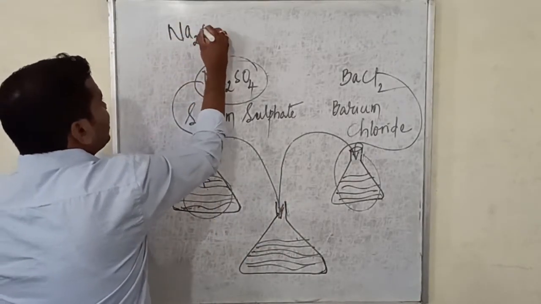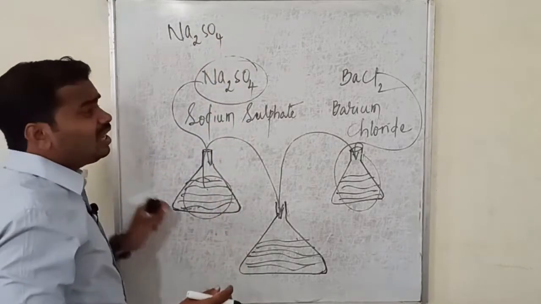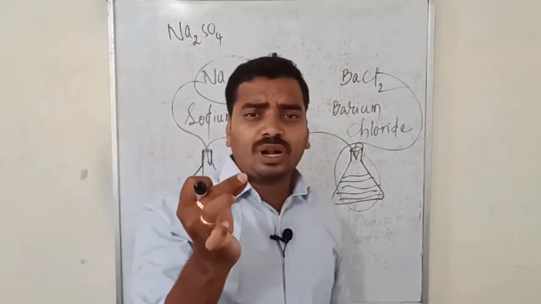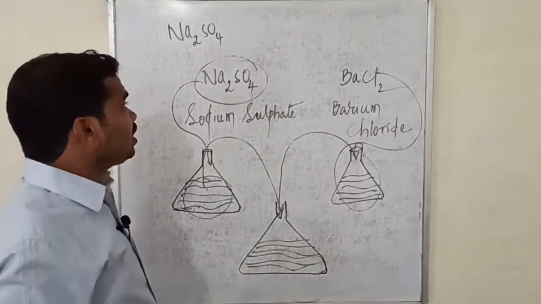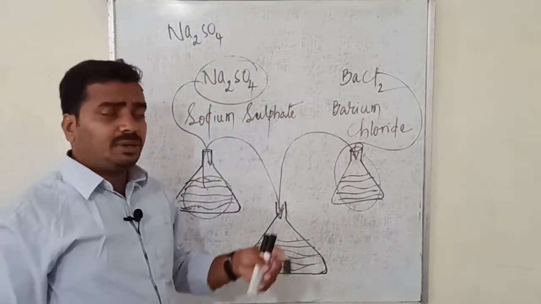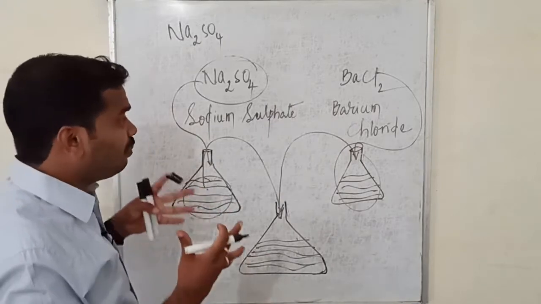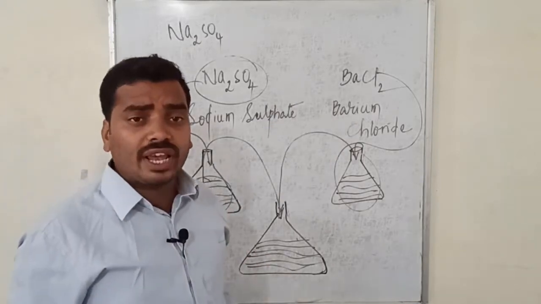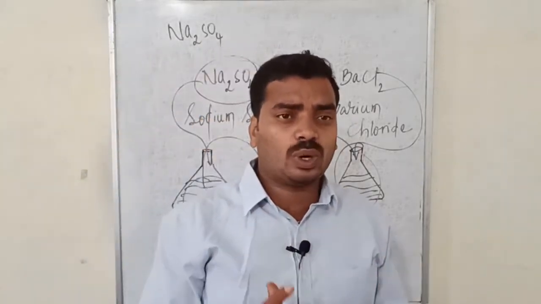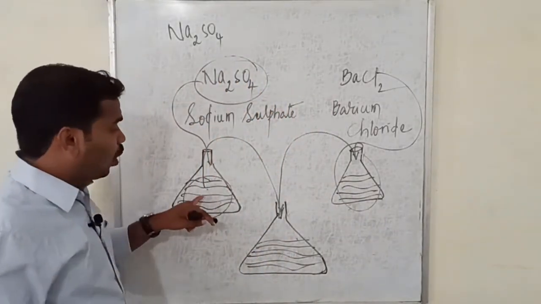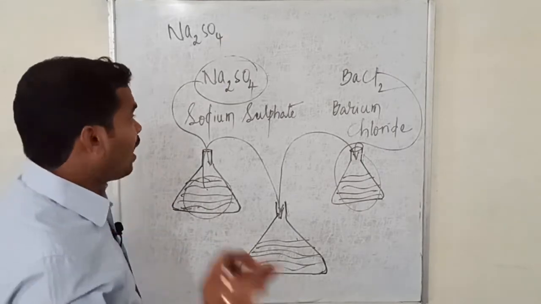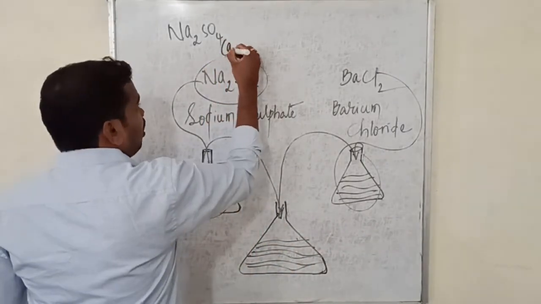Na2SO4. Remember, Na2SO4 is basically a salt, means it will be present in a crystal state. So you can't directly take two crystals and make them react. In order to make them react, you have to bring them into the state of aqueous solution. So you are mixing this particular salt with the water, so you have to write it's an aqueous solution.